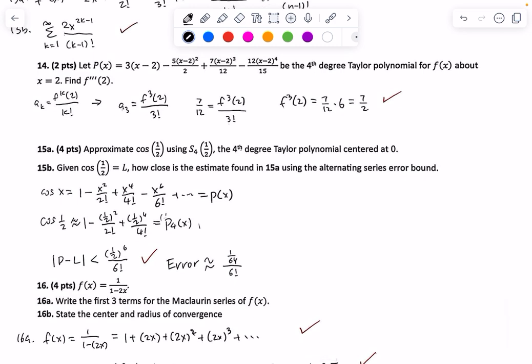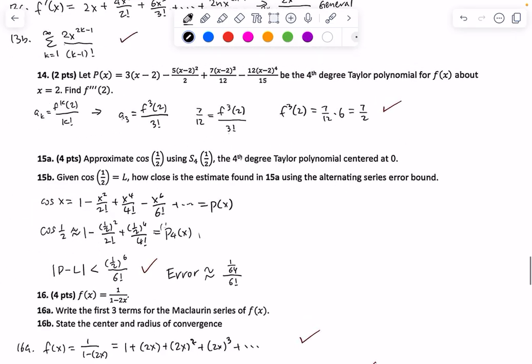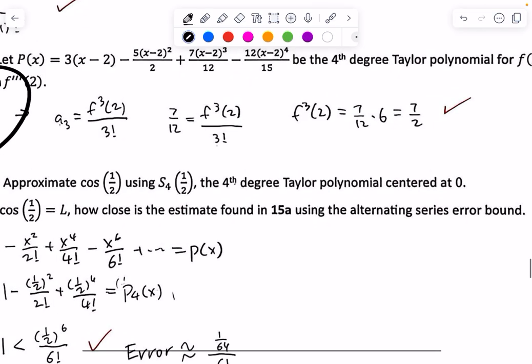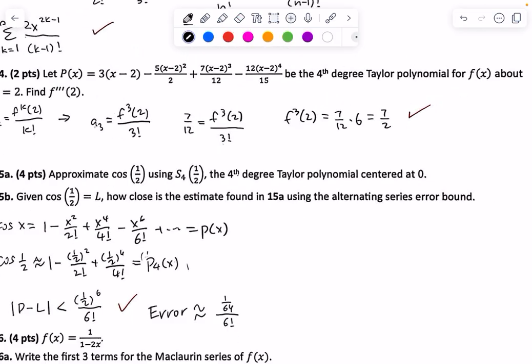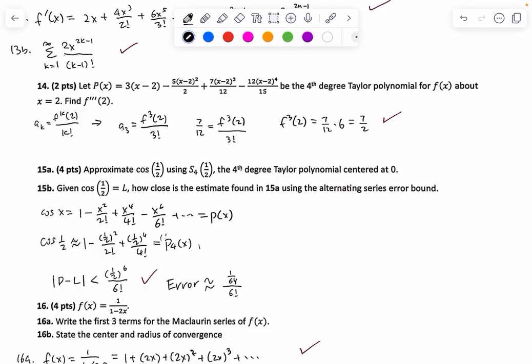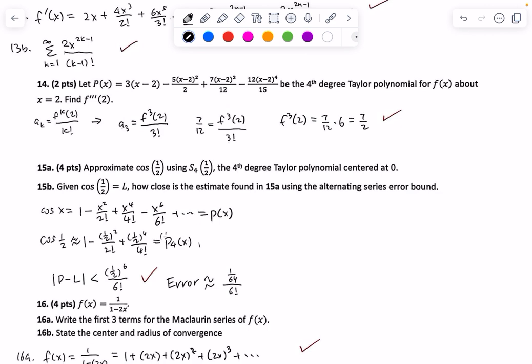So again, if we go back, we can use our formula that a_k is equal to f^(k)(2) over k factorial. And so if we plug this in for 3, we get this expression, and then plug in our values, we end up with 7 over 2. And in this problem, I really want to highlight why that is true, right? If we take the third derivative right over here,